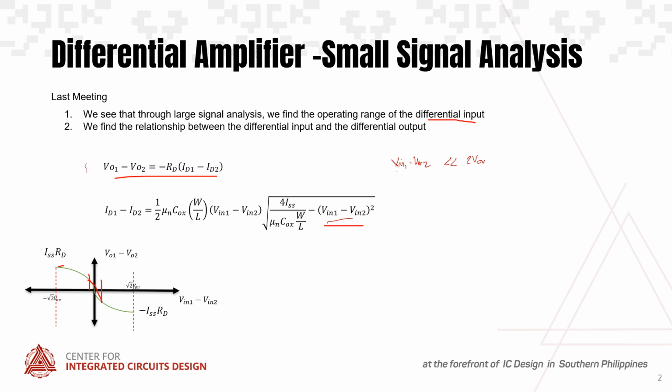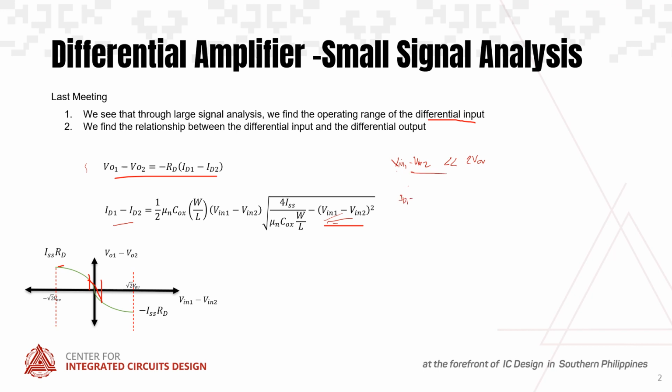I will not go back to it, but you can review the previous discussion to satisfy this condition for linearity. So if this is very much less than 2 times the overdrive, this term will vanish, because this ISS over mu n COX W/L here is just the overdrive. And if the Vn1 minus Vn2 term vanishes, our ID1 becomes